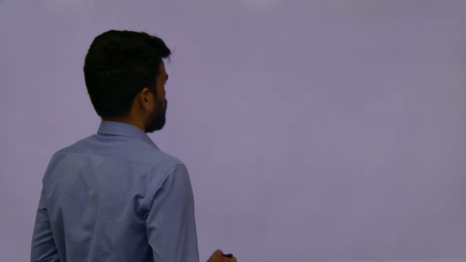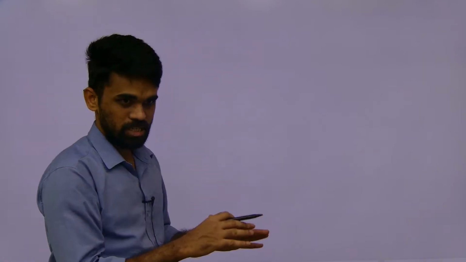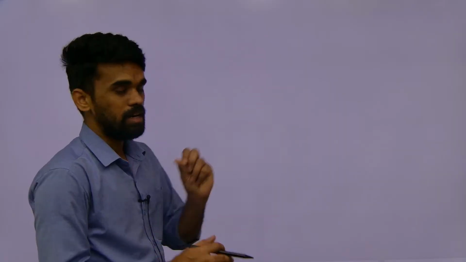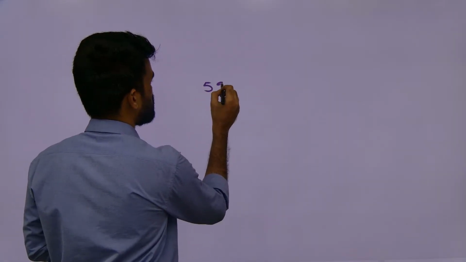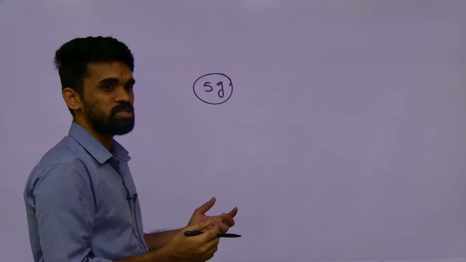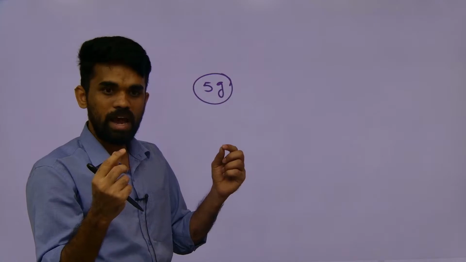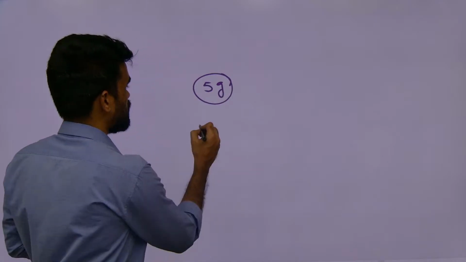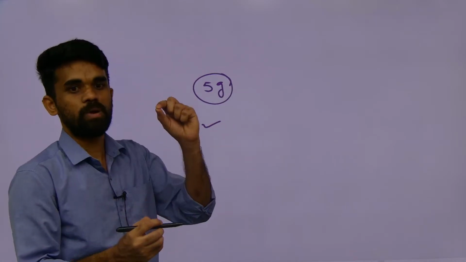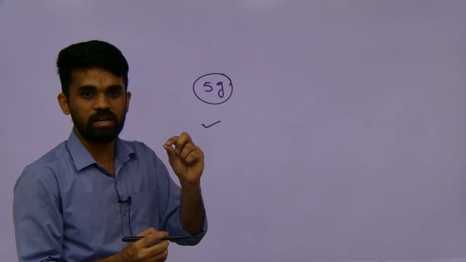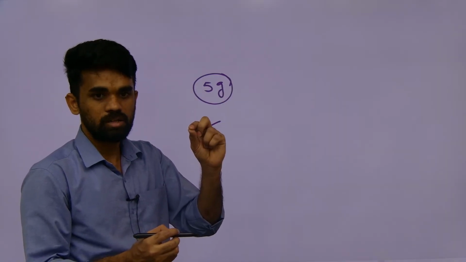Then next, today we will slowly enter into the calculations of the mole concept. What do we mean by mole first of all? This basic idea should be there. Mole is a term used in chemistry to express the number of particles. For example, I am giving 5 grams of a substance. It has a lot of atoms. To express the number of atoms, the microscopic species like atoms and electrons,